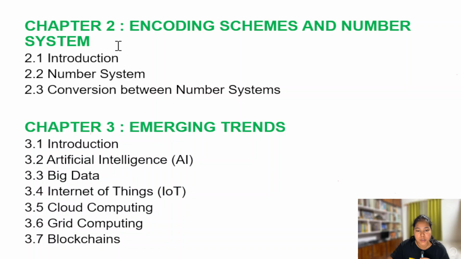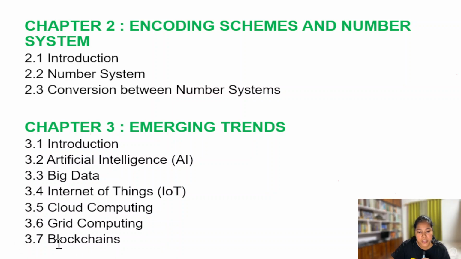Now coming to chapter number 2, which is Encoding Schemes and Number System, and the subtopics under it are 2.1 Introduction, 2.2 Number System, 2.3 Conversion between Number Systems. Then coming to chapter number 3, which is Emerging Trends, and the subtopics under it are 3.1 Introduction, 3.2 Artificial Intelligence, also known as AI, 3.3 Big Data, 3.4 Internet of Things or IoT, 3.5 Cloud Computing, 3.6